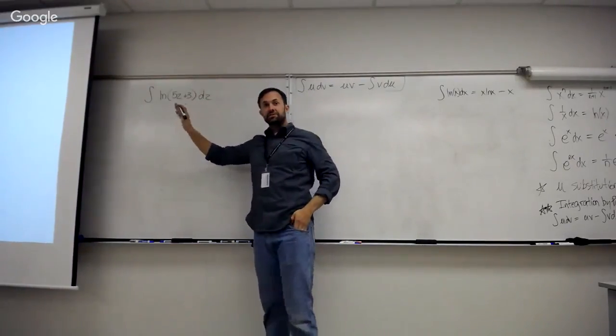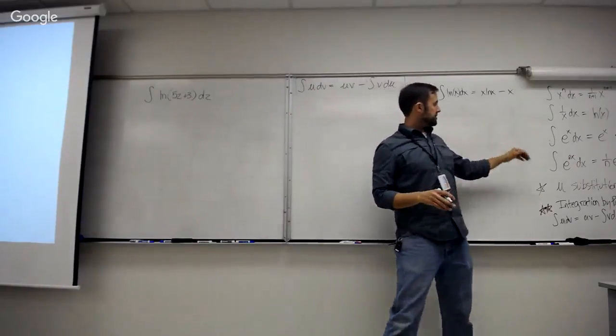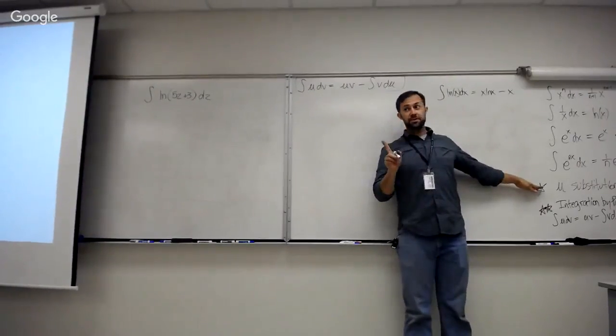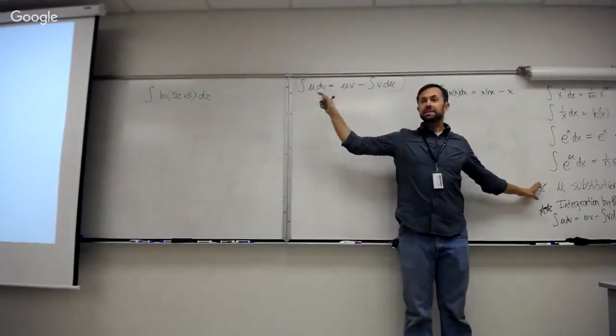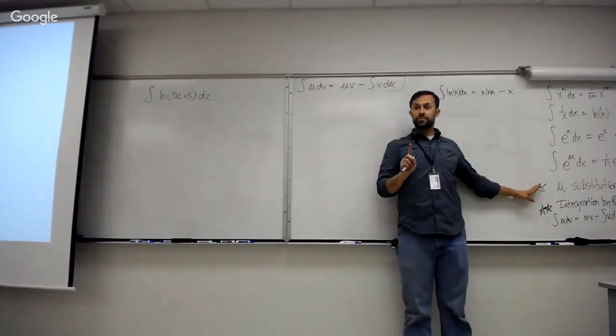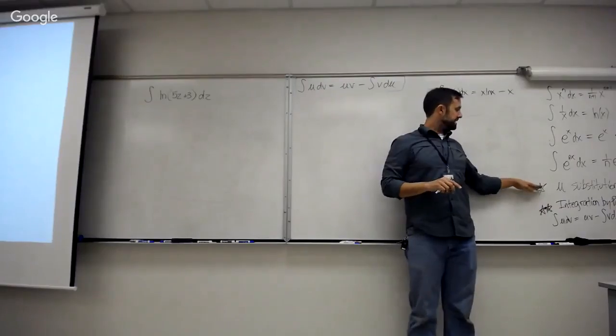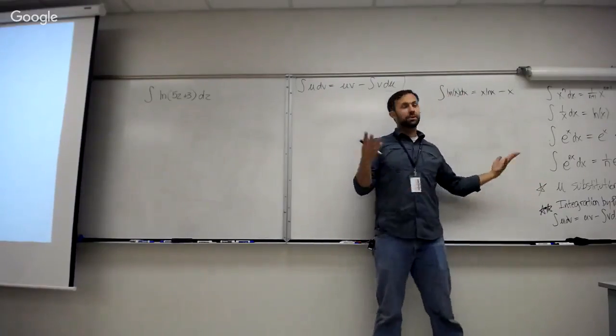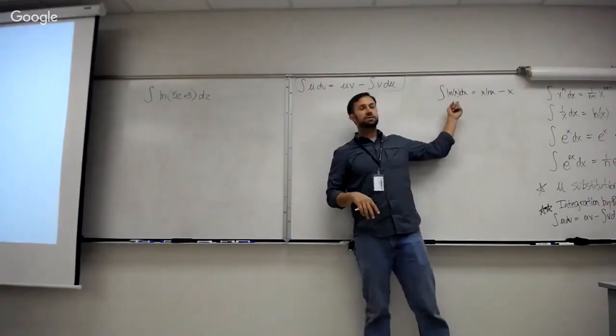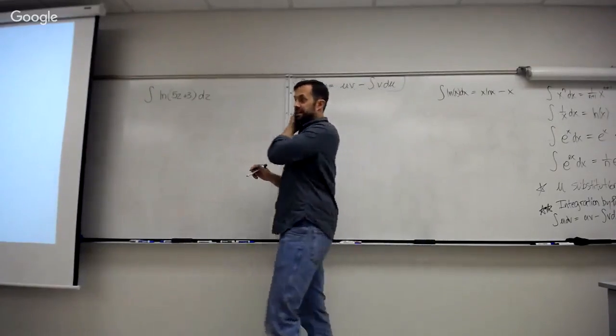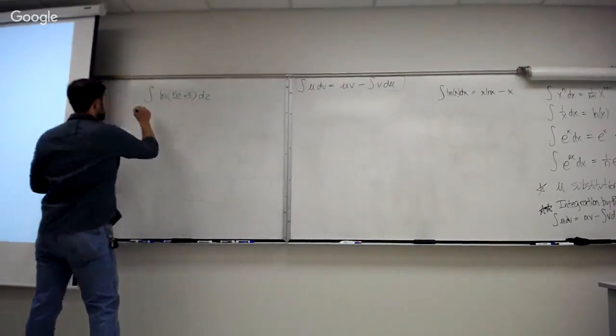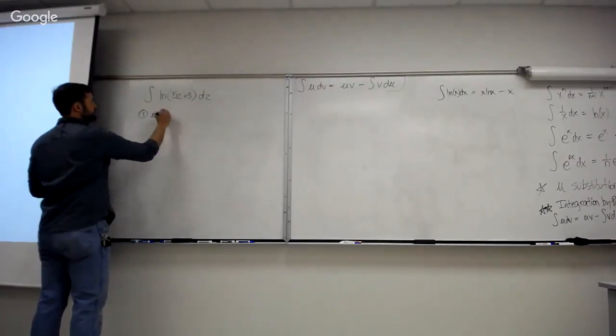So this is an interesting problem because we can do u substitution first to replace the 5z plus 3 with a single u. And then once it's been replaced by a single u, we could do integration by parts. Well, we don't even have to do integration by parts. We can just use this formula. So let's take a look. This one's fun because we're going to do first u substitution,